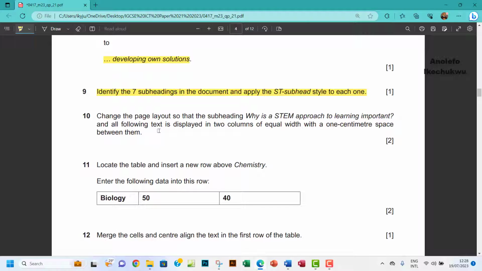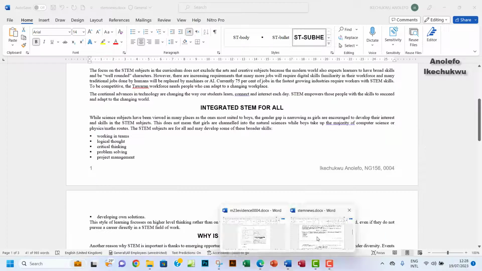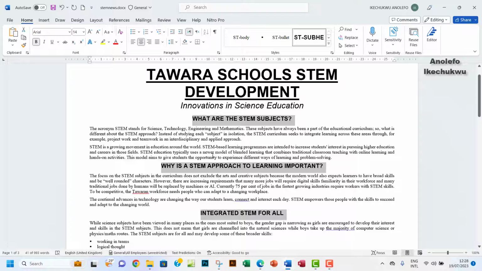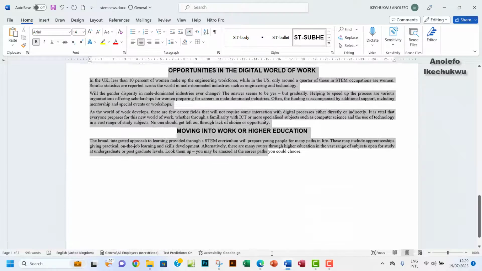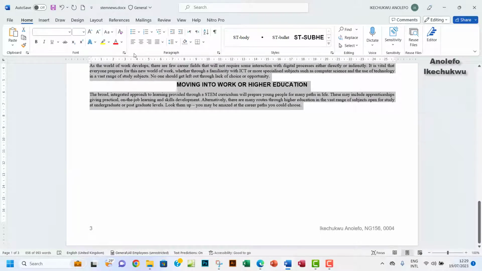So number 10, change the page layout so that the subheading why is a STEM approach to learning important, and all following text is displayed in 2 columns of equal width with a 1 centimeter space between them. Okay, I think I do understand. So from why is STEM approach to learning important to the last, every other text that follows, we want to make it to be